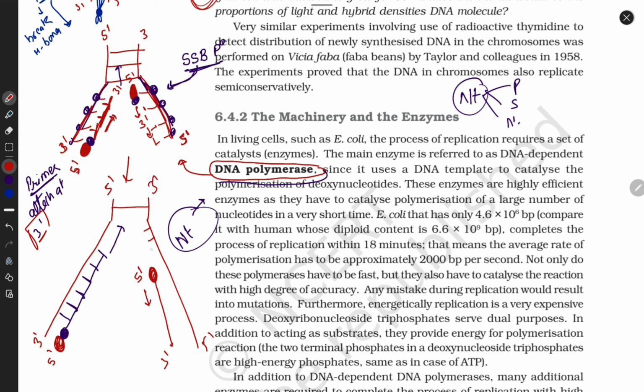But now what happened with these things? Now what happened with these three? Now again another primer will come and attach here, and they synthesize in this direction with the help of DNA polymerase. So now this is the non-stop continuous strand. We can call it a leading strand, and this is what? Lagging strand. This is continuous in this direction, no need of another primer, but they need it when helicase cuts,